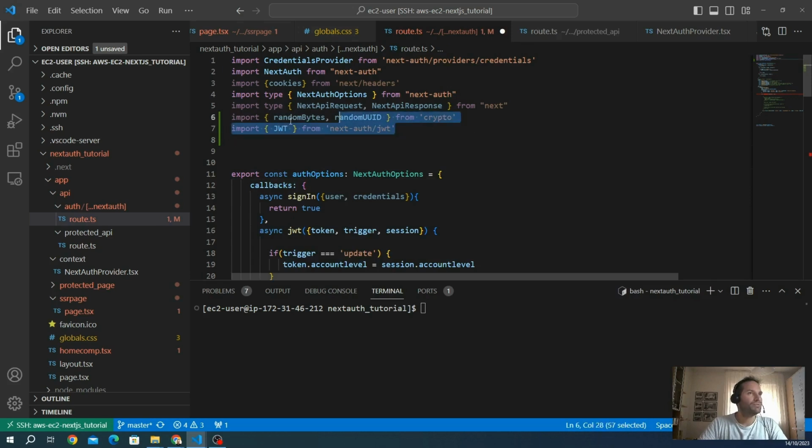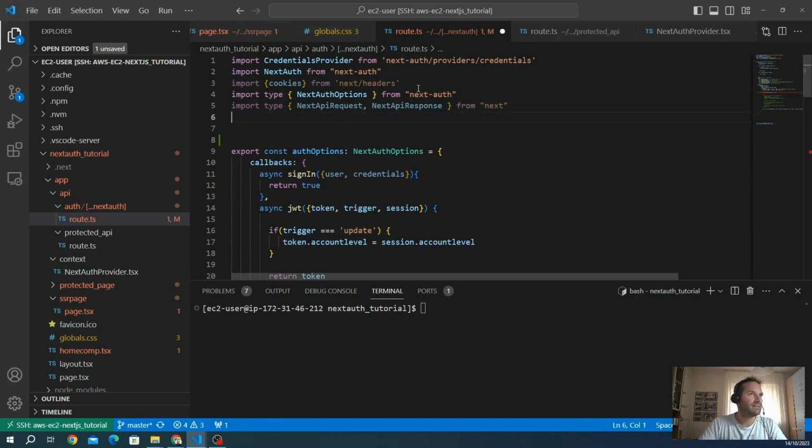I want to show you how to create a JWT helper. The JWT helper is an API route that we are going to create to retrieve the JWT token in plain text at any moment. So we can retrieve the JWT depending on the session, depending on the request that the client makes. And after we get this JWT, we decrypt it with the secret